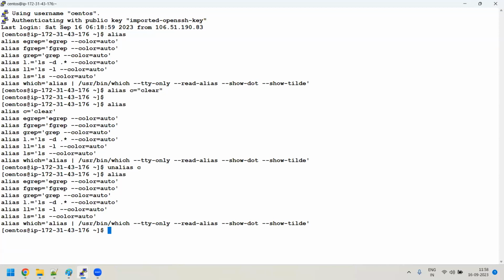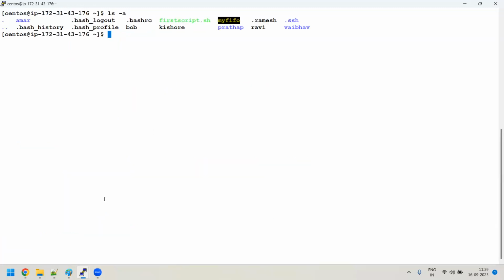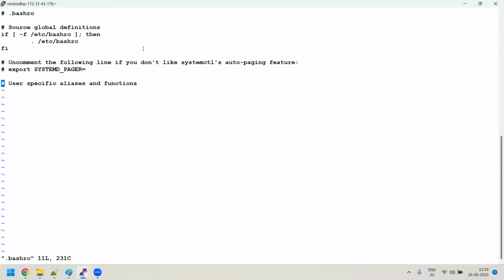But if you want to make that alias permanent, or set it permanently for a particular user, like for example, you have a CentOS user, and for this user only you want to set an alias, then there is a configuration file. If you do ls -a, there is .bashrc or .bash_profile. In any one of these files, you can set it. I can open this with vi .bashrc. Come down here at the end, alias c is equal to clear command,